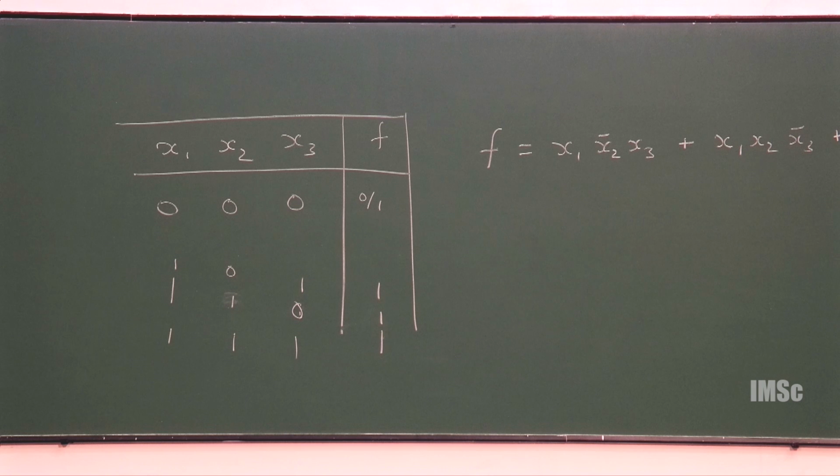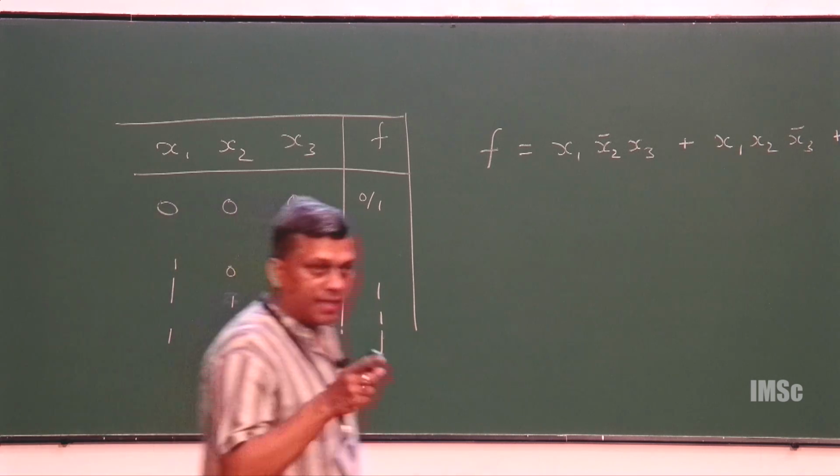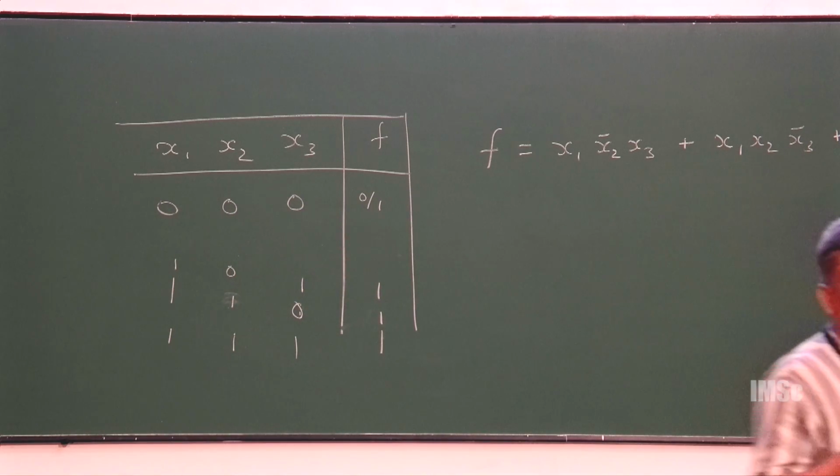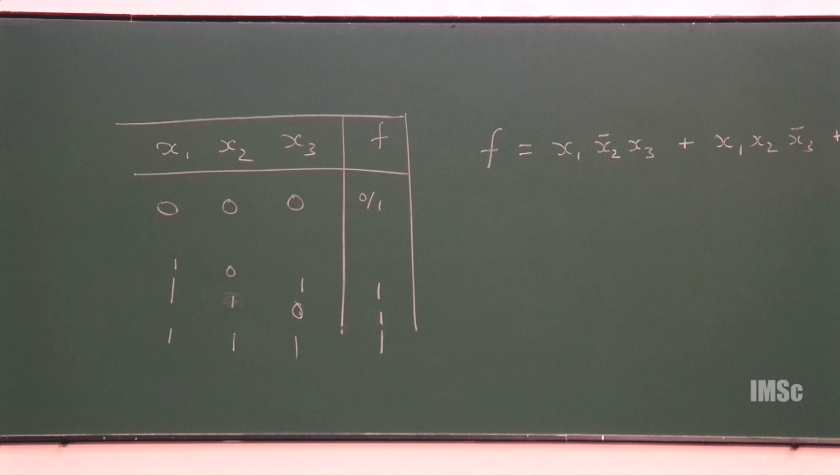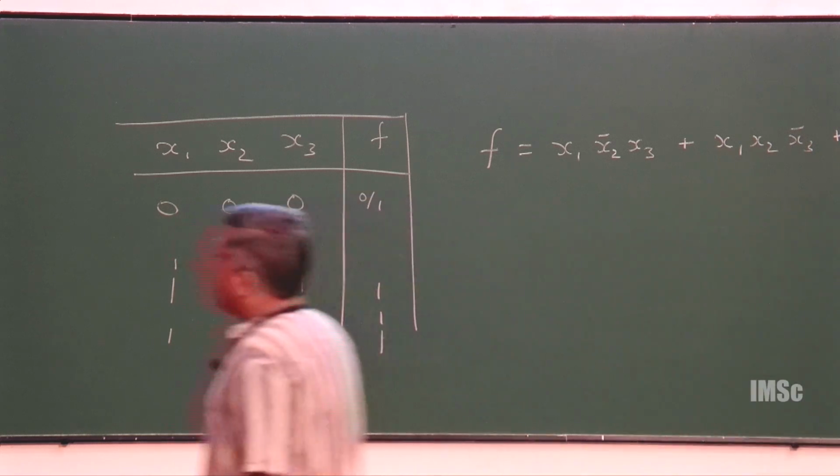And then you get x1 bar x2 plus x1, x2 bar x3. This can be further factorized to a simpler form. And the number of literals that appear in this expression are 5. So the Boolean complexity of this expression is 5. So what is important is that